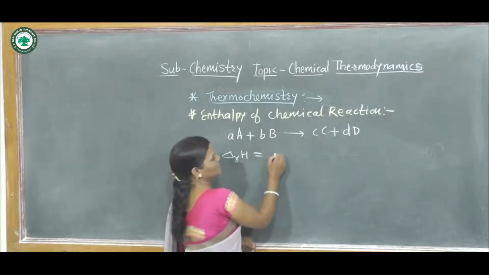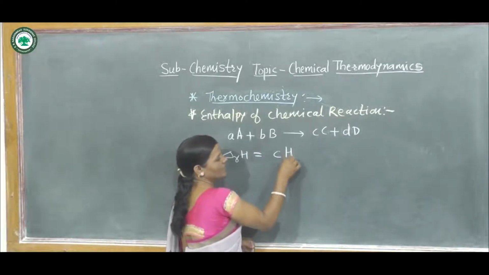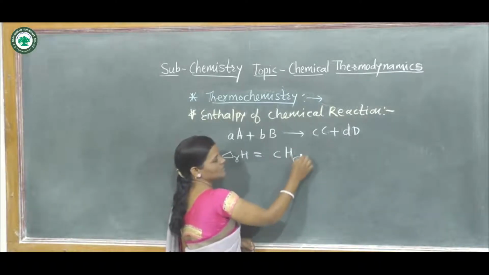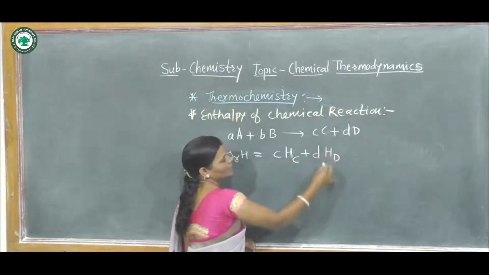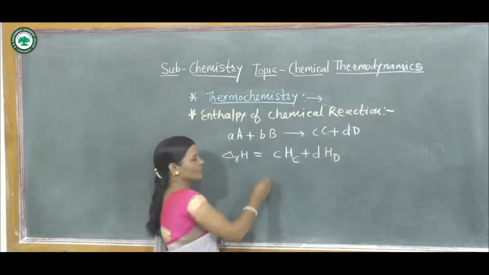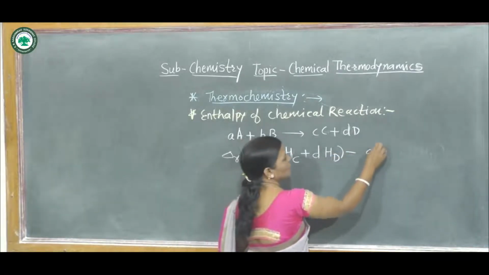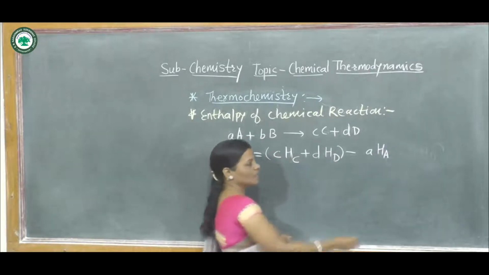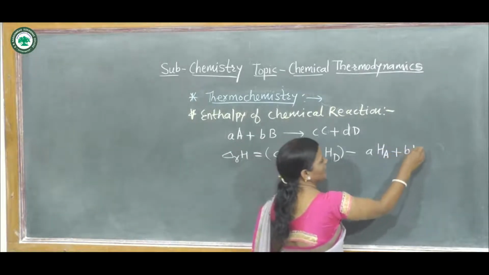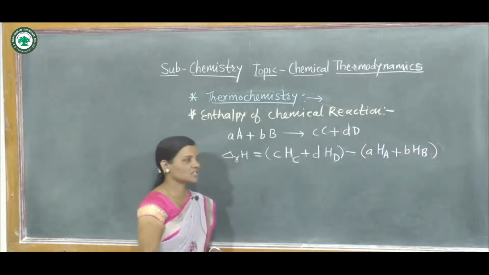It is equal to c moles of enthalpy of product C plus d moles of enthalpy of product D, minus a moles of enthalpy of reactant A plus b moles of enthalpy of reactant B,